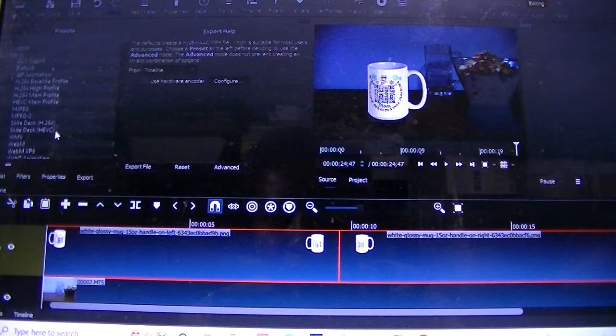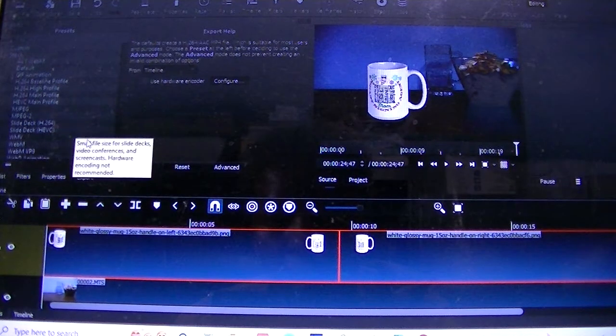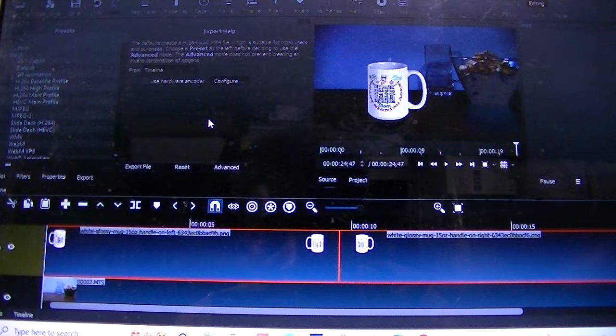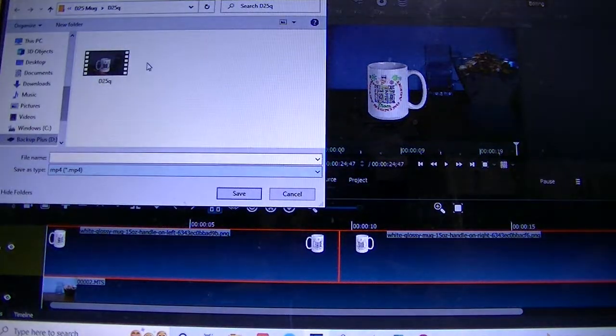And you don't need to select any preset here. It's just the format in which you want the video to be saved. But if you don't choose anything, by default it's going to be MP4, and that's what we want anyway. So I'm going to click on export file. And when I click on export file,